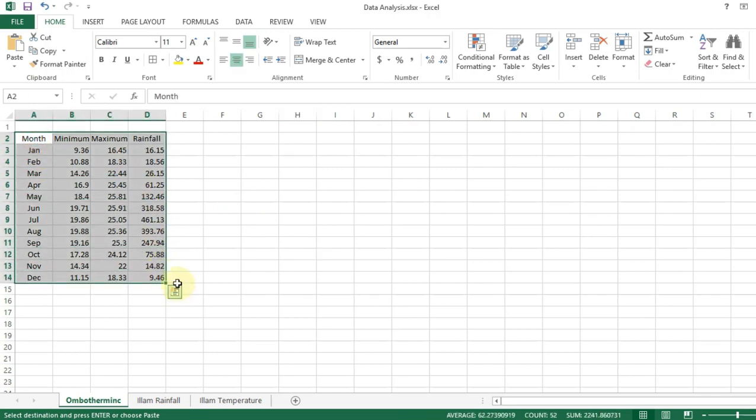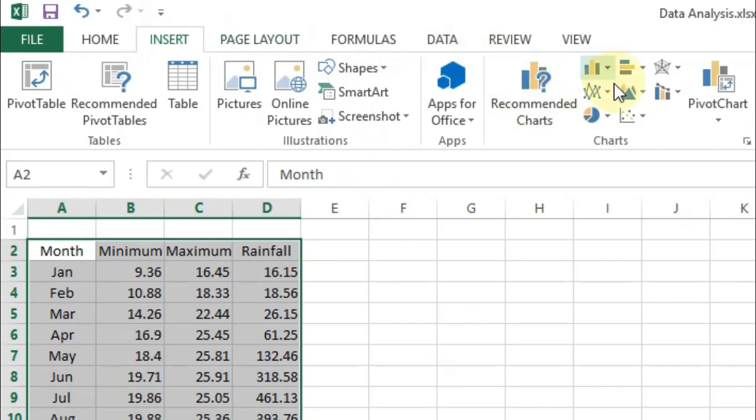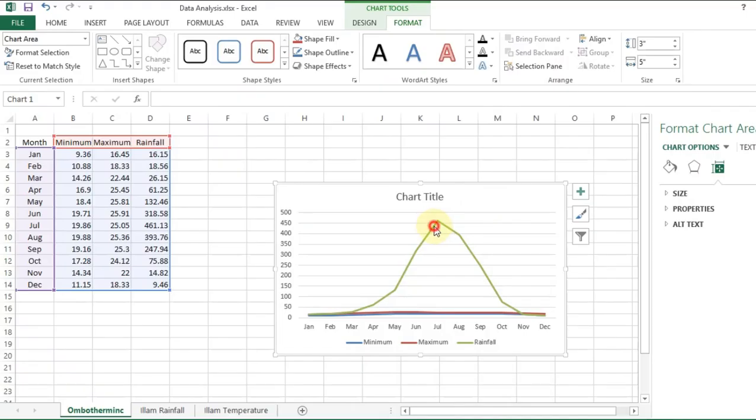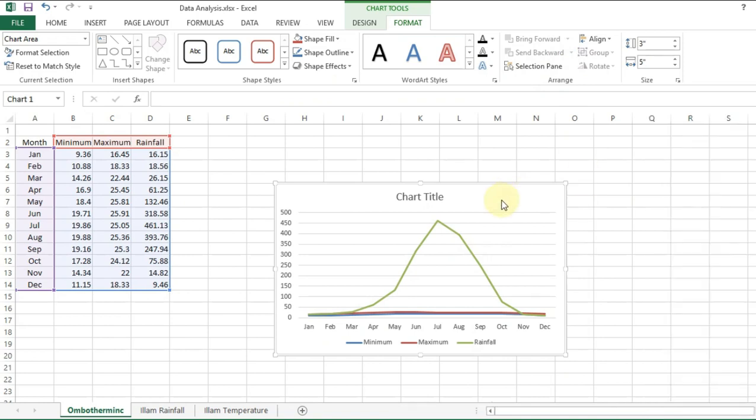For that we'll select all this data and we'll hit to insert, and then we'll go to insert line chart and we'll insert a 2D line chart. Now as we can see, the data of rainfall is drastically different than the data of minimum and maximum temperature. So what we'll do is we'll insert a secondary axis that will reference the data of rainfall, and for that